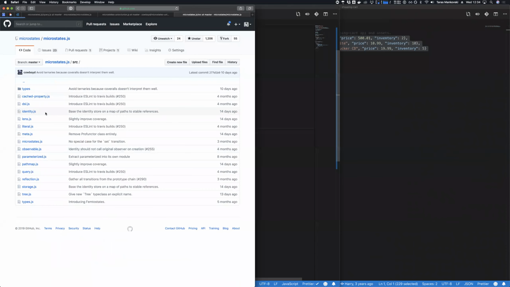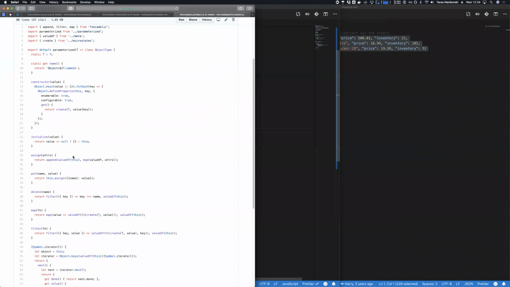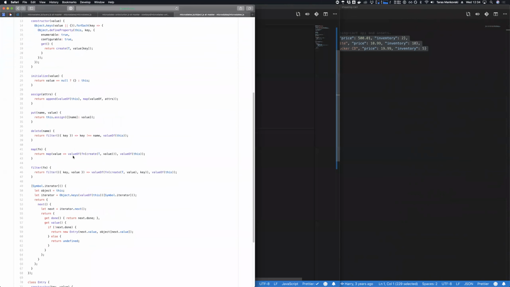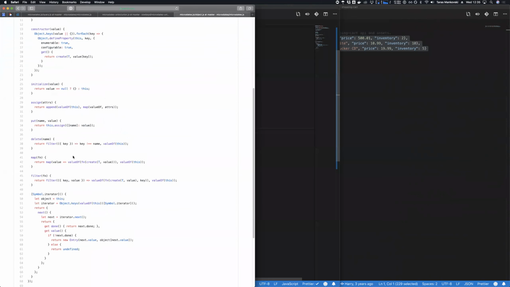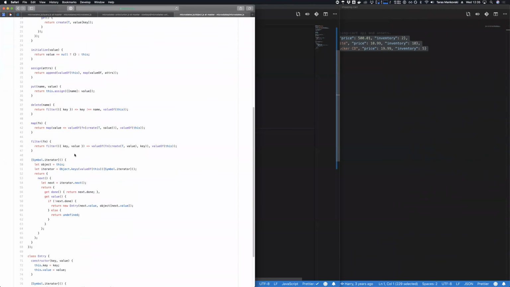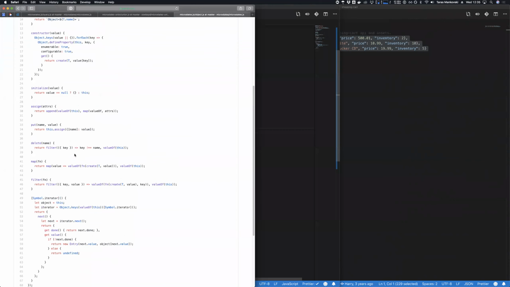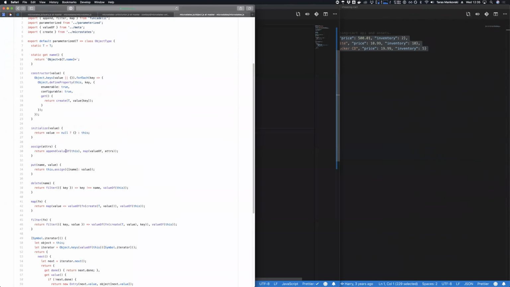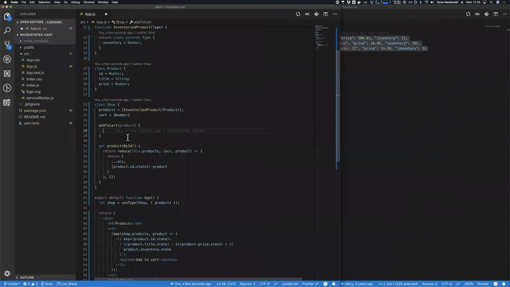What I want to look at is the object type. All the things that we can do: filter, put, assign. Okay. What I was wanting to see is if we have something like has, where we can check, but no, we can just do that. Yeah, because you kind of want a get or put in a way. Yeah, is that cart